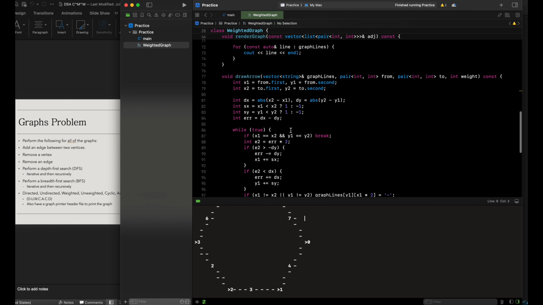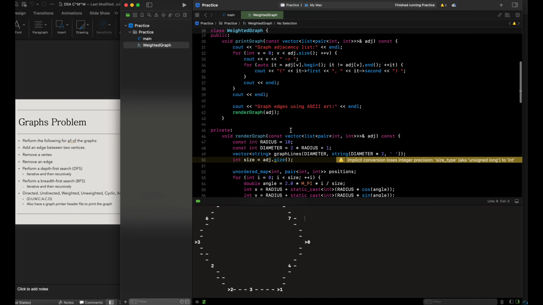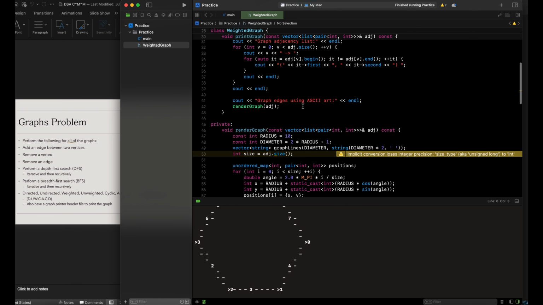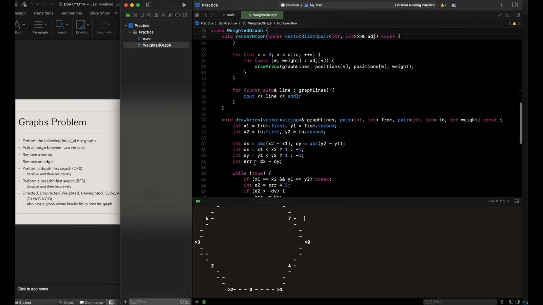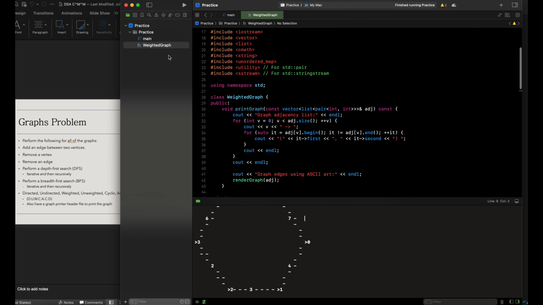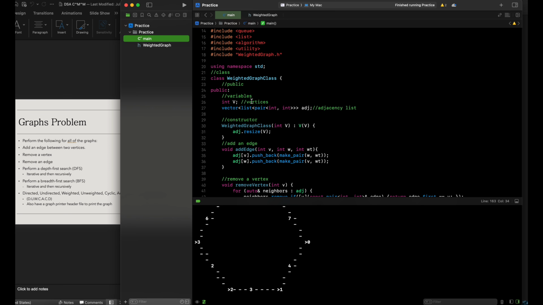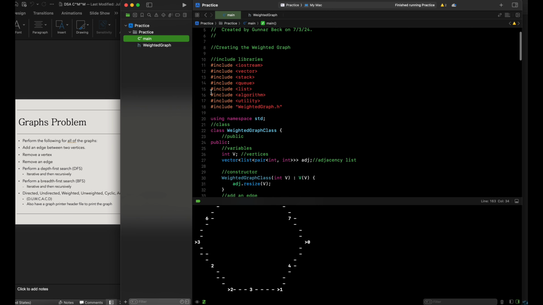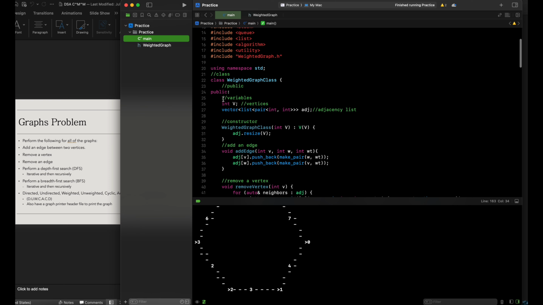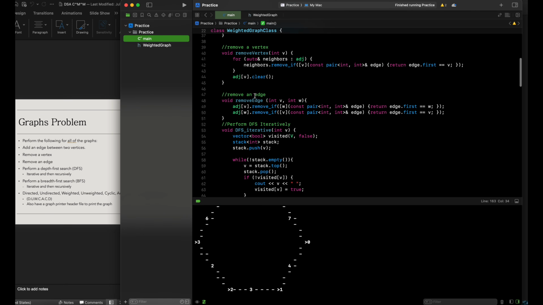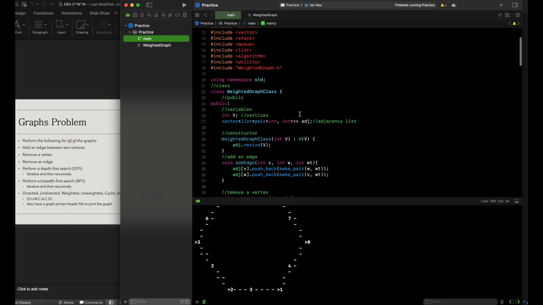So we did 1, 2, 3 functions along with our print graph function as well. So we did 3 private functions and 1 public function in general. Then inside of our main file, we included our following libraries. Then we had a class called Weighted Graph. We made a public instance so that we can call upon what would be needed inside of our main function at the bottom. And we initialized the variables for vertices as well as our